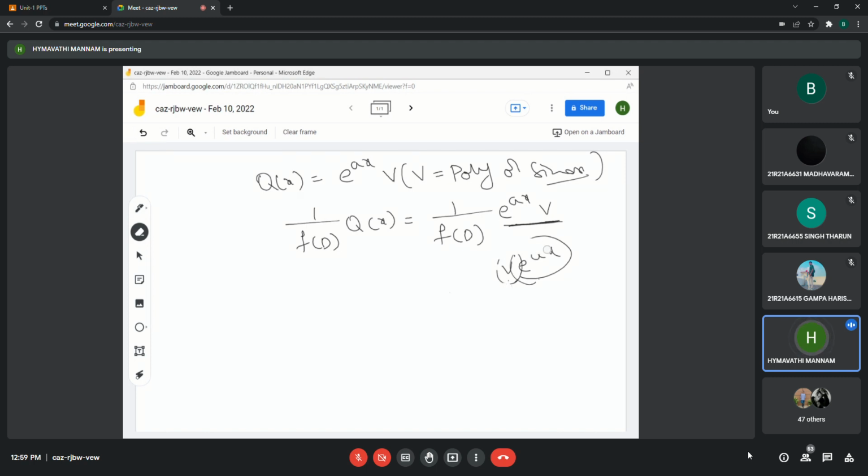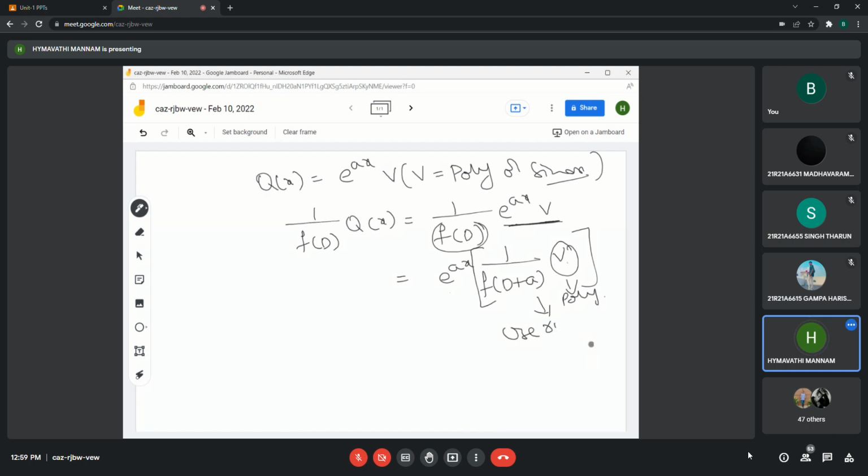So here we have to use two cases in finding the yp. First, operate e power ax on this f of d. So here the substitution is 1 by f of d plus a, that is, substitution of d by d plus a. D plus a into v. Again, if v is a polynomial,